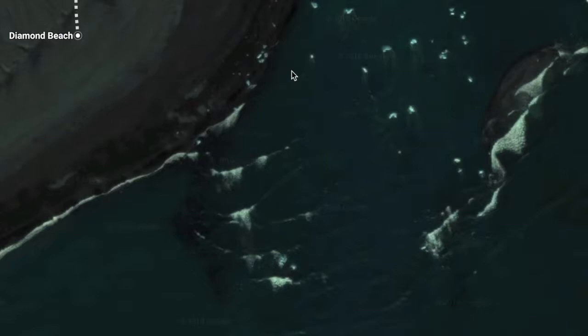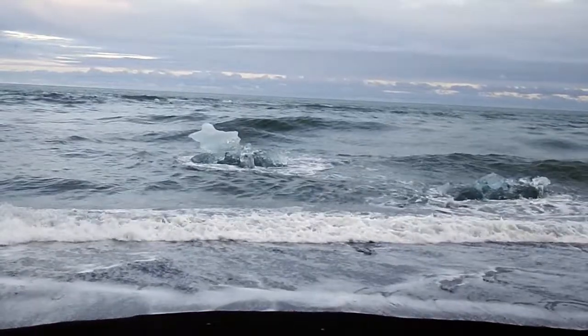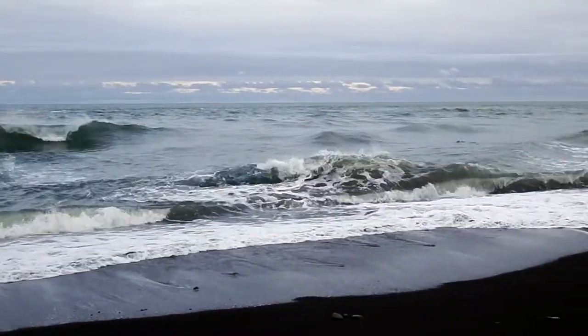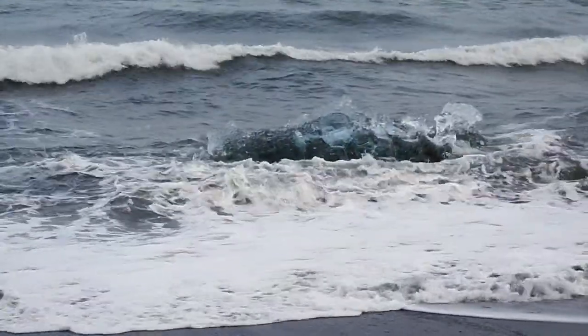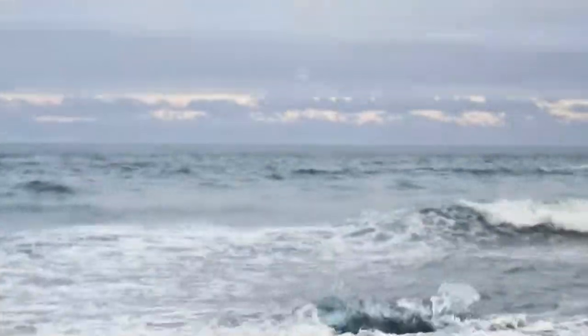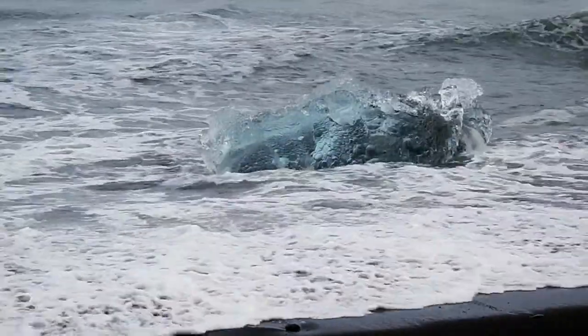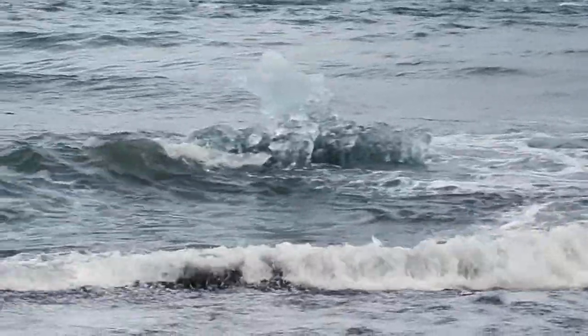And so yeah, it is fascinating to see the Diamond Beach from an overall point of view. So this is how the diamond ice crystals are made. You could see this small iceberg, which was really big at the beginning. Then it gets washed into the sea, and then gets slashed around by the waves repeatedly, slamming onto the beach. Then eventually these icebergs break up into small pieces, and they become the diamond crystals, and they get washed up